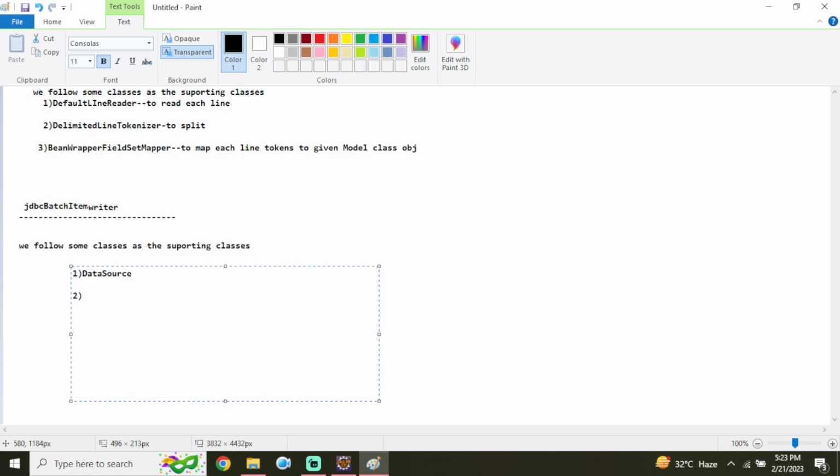Then second we will use the bean property item SQL parameter source provider. We will use this class